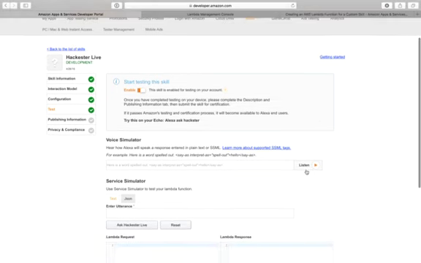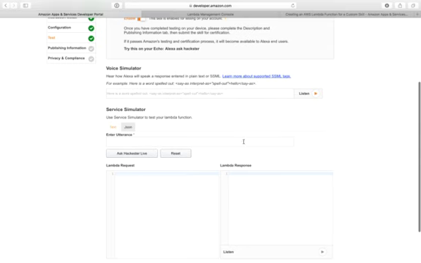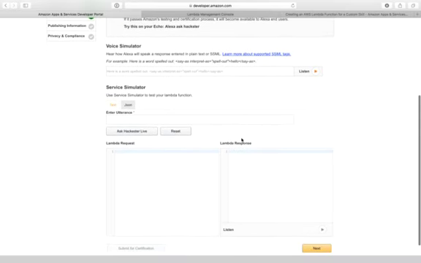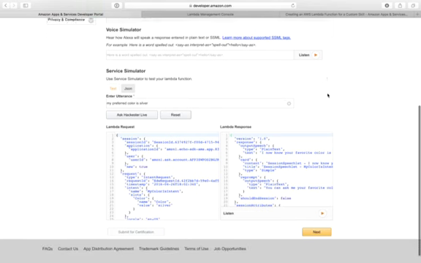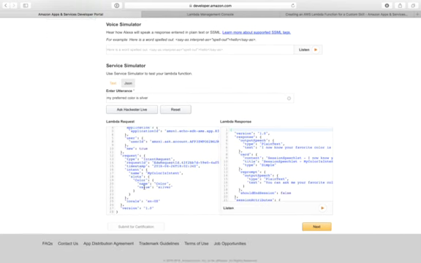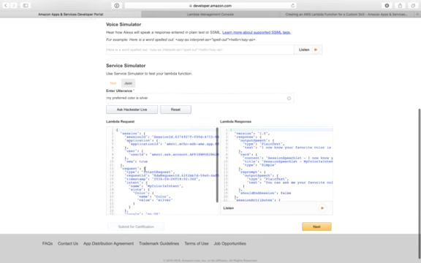In case you haven't received your Echoes yet, you can do all the testing you want from here. This is what we call the service simulator. So in this case, you can just type in here my preferred color is silver, and I'll ask Hackster Live. And what it does, this JSON is generated. This is the JSON that would get generated when our user speaks this and gets sent to our endpoint,